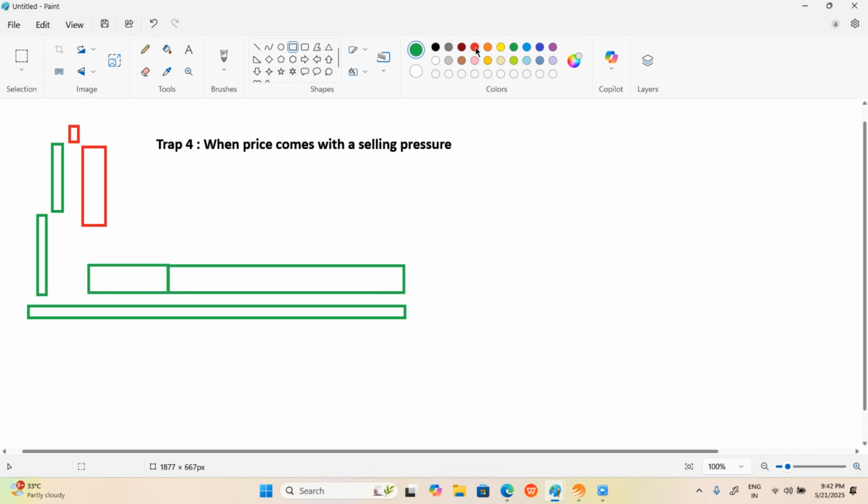The price is coming down with huge selling pressure, and within one or two or three candles, it reaches the higher time frame demand zone, as we saw in the previous picture of Nifty Media. Suppose there is a quarterly time frame demand zone, and there is a weekly time frame demand zone. So what will happen when price breaches a bigger time frame demand zone while coming with aggressive selling,